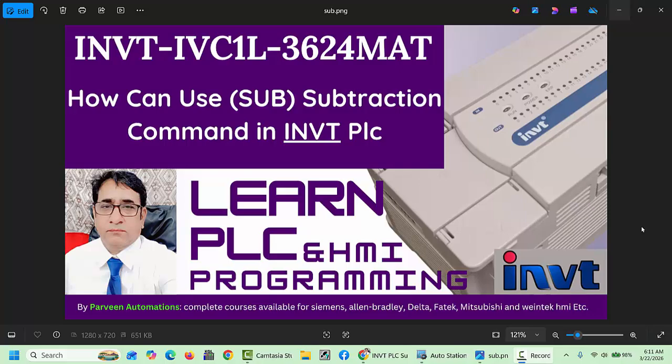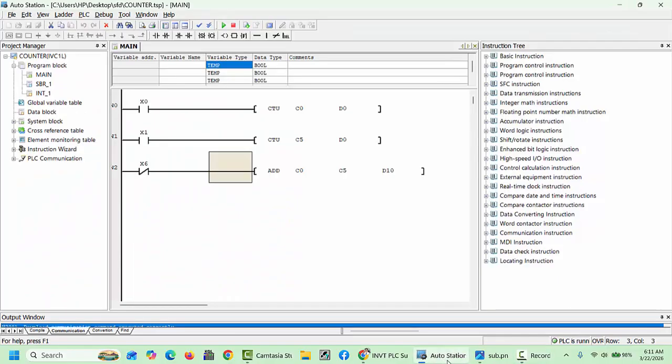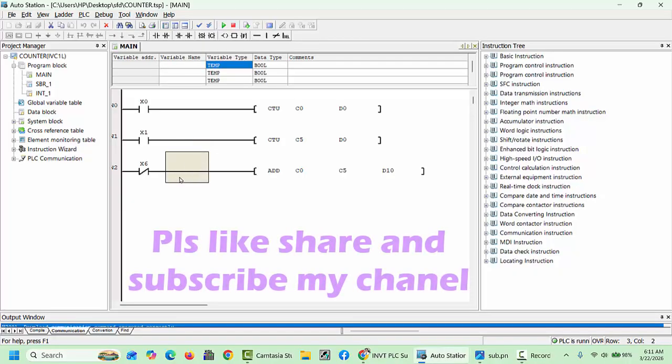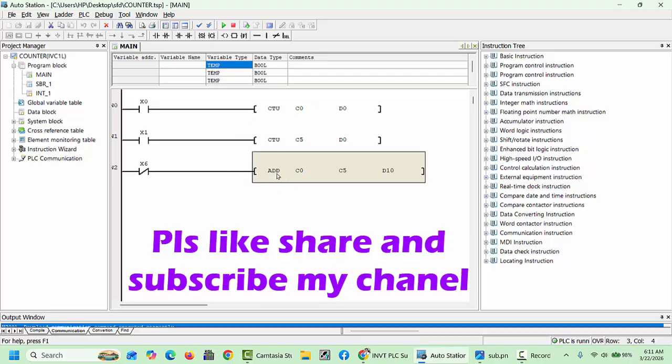In this video, I will explain how to use the subtraction command in the INVT PLC. First of all, we will open our AutoStation software and here we will create the subtraction program. In the previous video, we discussed the addition command. The same logic will be used for the subtraction. I will also tell you how to take the subtraction command in the